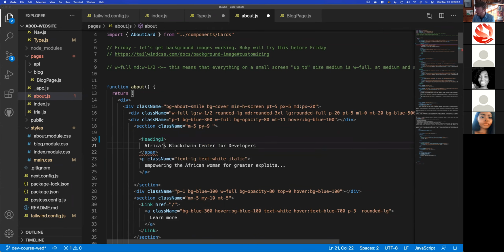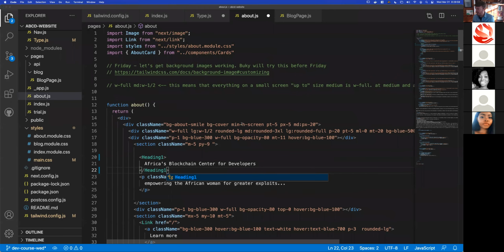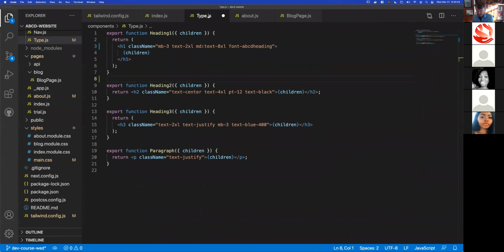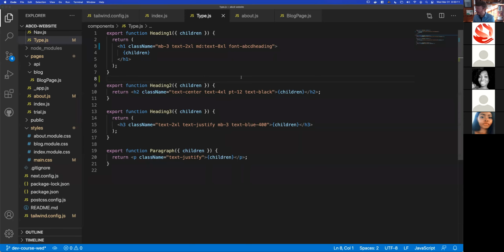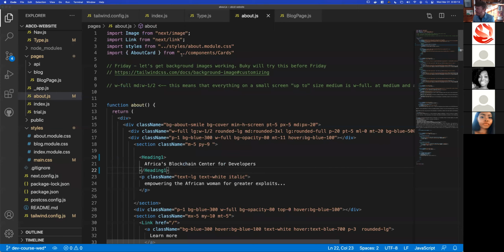Heading 1 and heading 1. Now, of course, this is not going to work yet. When I save this, make sure I save this again. I go back to about, and it tells me heading 1 is not defined. The reason that's happening is I have to make sure to import